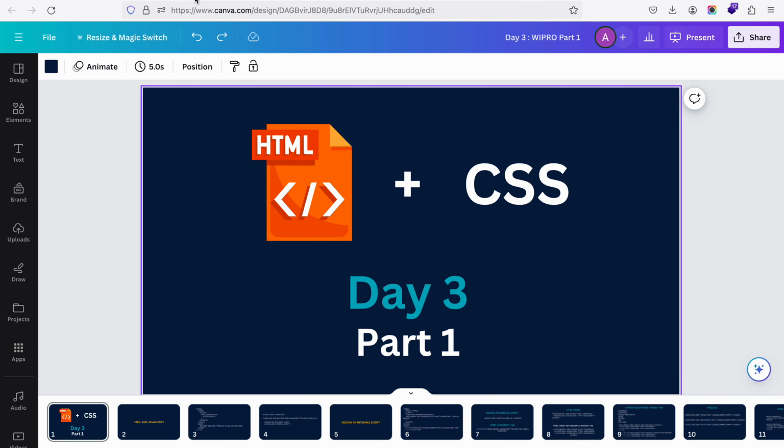Okay, I think it should be visible now. Yes, sir. Okay, great. So we are going to look into some HTML and CSS part in the first half, and in